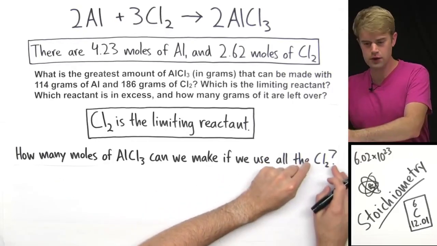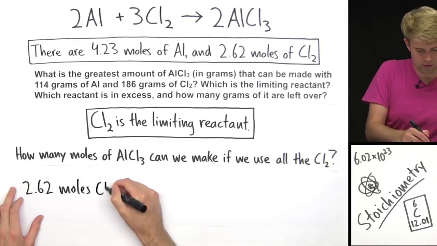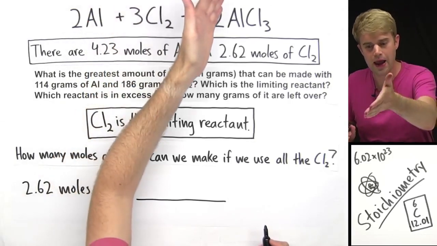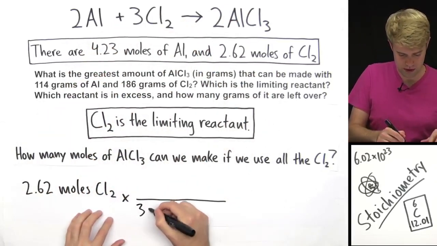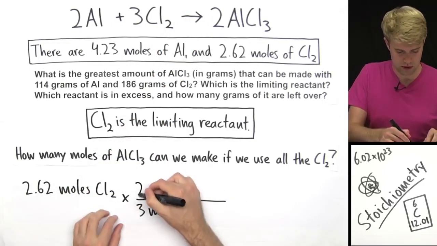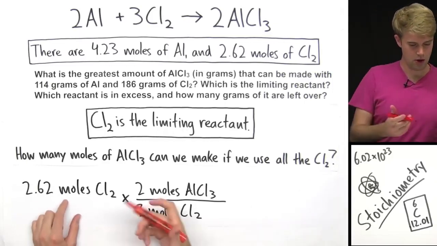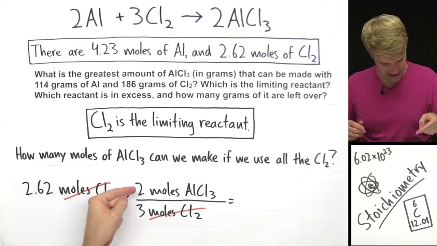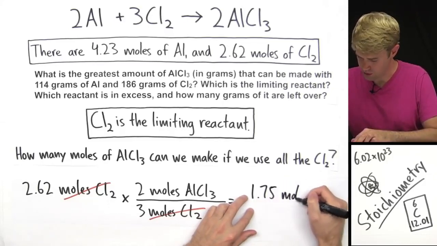Okay, so starting with all of the chlorine that we have, 2.62 moles of Cl2, we're going to multiply this by a conversion factor that shows us the relationship between moles of chlorine and moles of AlCl3, aluminum chloride. So I'm going to put 3 moles Cl2 on the bottom, and then on the top, 2 moles AlCl3. Moles Cl2 cancel out. The math that we're going to do is this times this divided by this, which is going to give us 1.75 moles of